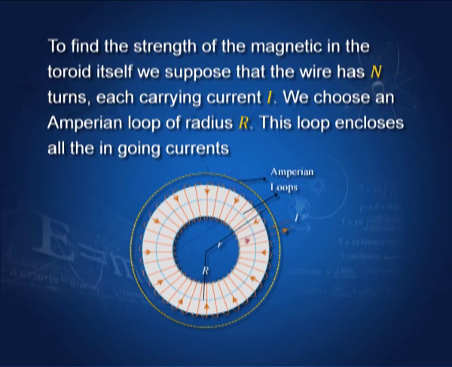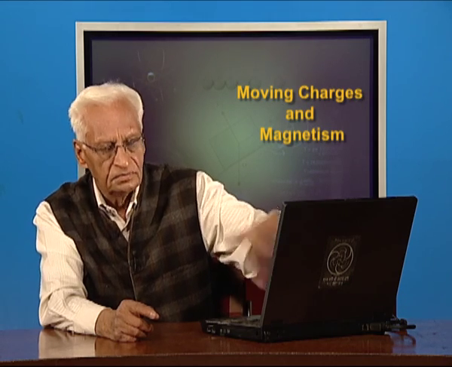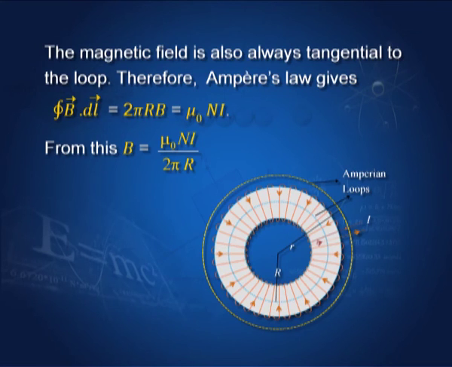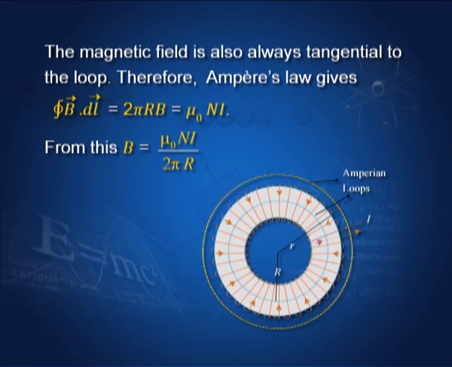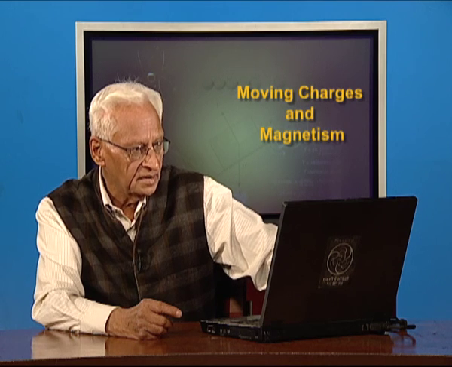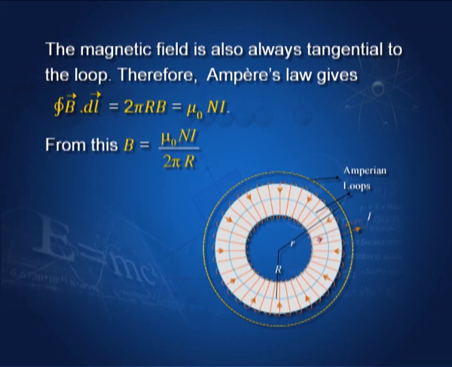In fact, because it is a solenoid made into a toroid, the field is always along the axis. So, it is along this, and when you integrate along the loop, it is 2 pi capital R times the field strength along this circle, and that must be equal to mu 0 times the currents which are going in. So, 2 pi R B equals mu 0 times n I, where n is the number of turns, and from this you get B equals mu 0 n I by 2 pi R, and n by 2